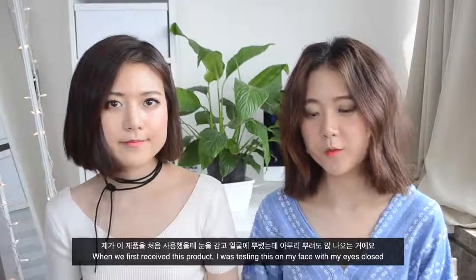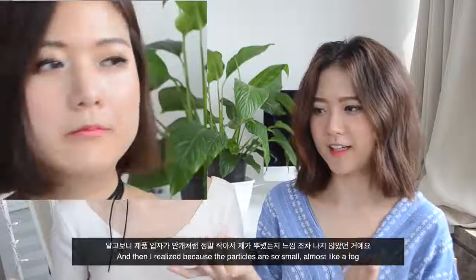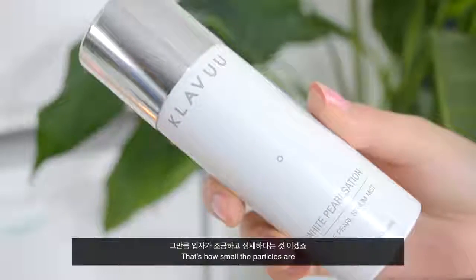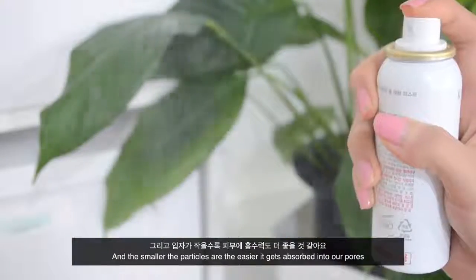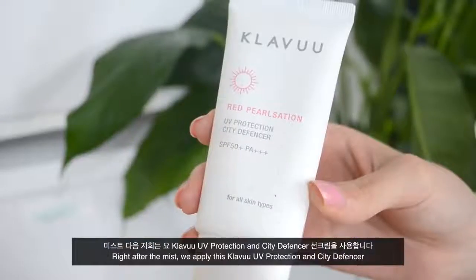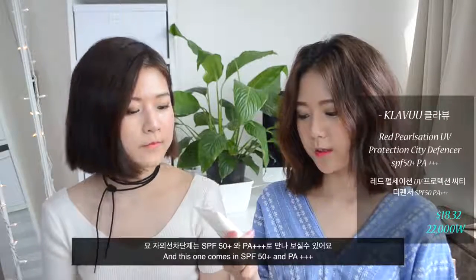So funny story, when we first received this product, I was testing this on my face with my eyes closed and I was like, why is this not working? And then I realized because the particles are so small, almost like a fog, I wasn't able to feel it at all. That's how small the particles are, and the smaller the particles are, the easier they get absorbed into our pores. Right after the mist, we apply this Klavuu UV protection and CD diffuser, and this one comes in